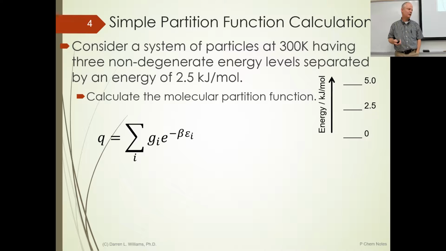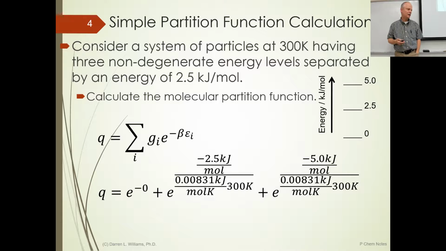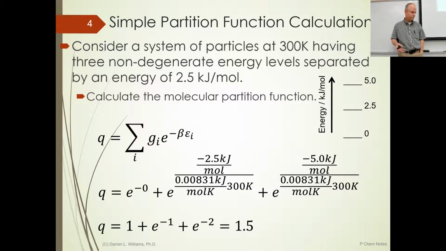So what's the partition function? You could just take those different energies and divide by kT. We want everything in kilojoules per mole, so instead of using k, we're going to use the gas constant, which is k times Avogadro's number. So we use 0.00831 kilojoules per mole Kelvin. Then Kelvins cancel with the temperature, and the joules per mole cancel with the energy levels, and we end up with our partition function. So Q in this case will be 1.5. I chose the numbers nicely so that they would cancel out.